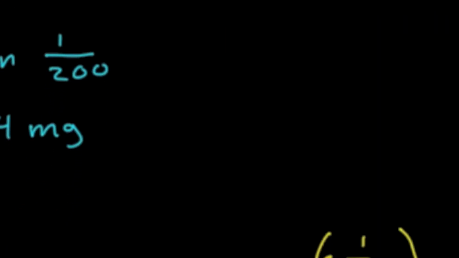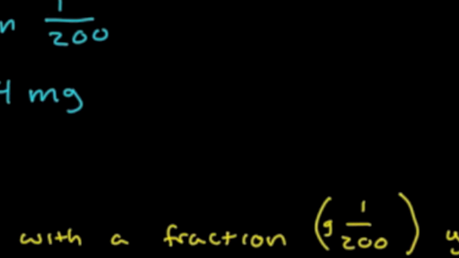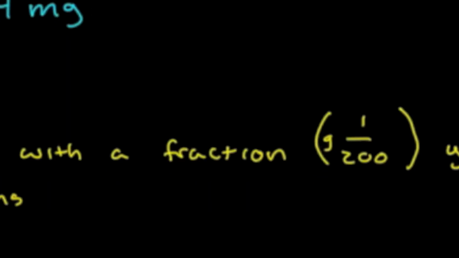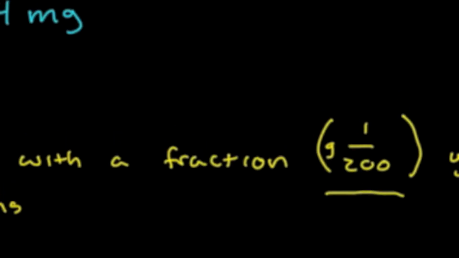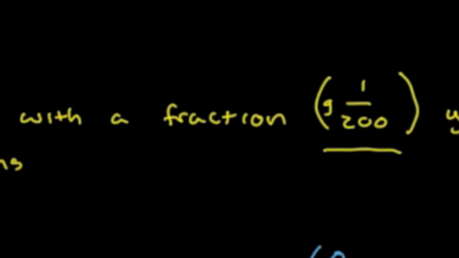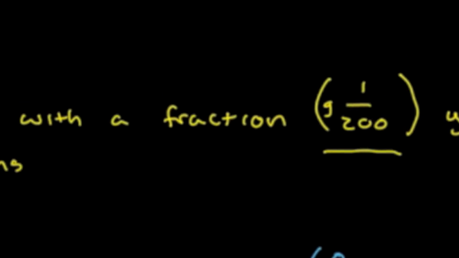Number 3, the dosage required was grain 1/200, and the dosage supplied was 0.4 milligrams. The first step is, because you're starting out with a fraction, you have to solve using a fraction. So step 2 would be to set it up 1/200, and this whole section is a grain still, is equal to, and we need to get it to milligrams because that's what our dosage supply is in. So we know 60 milligrams is equal to 1 grain. So we can cross multiply,